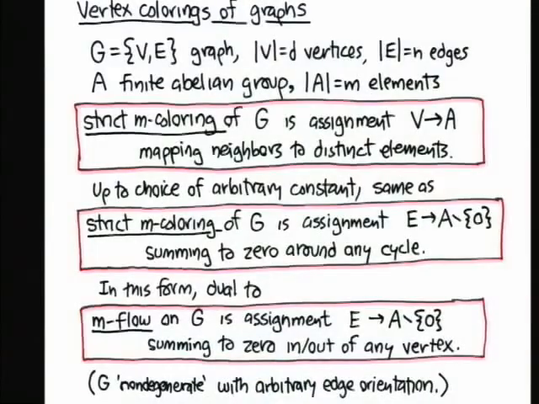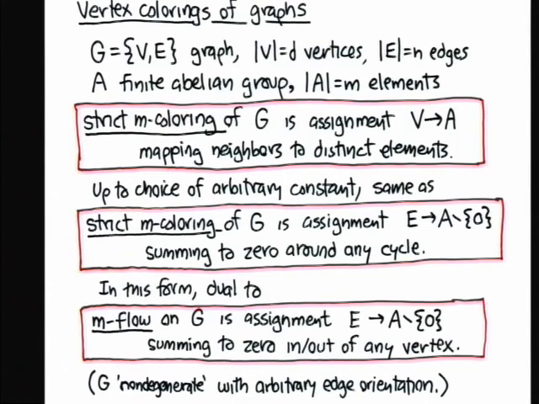There are many variations on graph colorings. I'm trying to find a geometric explanation for what is, in my opinion, the most fundamental kind of graph coloring, vertex colorings of graphs. So we have a graph G, and I'm going to consistently use, throughout this talk, the fact that there are n edges, because we're going to get away from vertices quickly. And rather than using colors to color a graph, the typical thing you find in a textbook is to take a finite abelian group